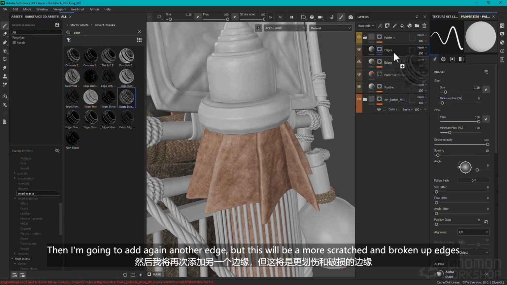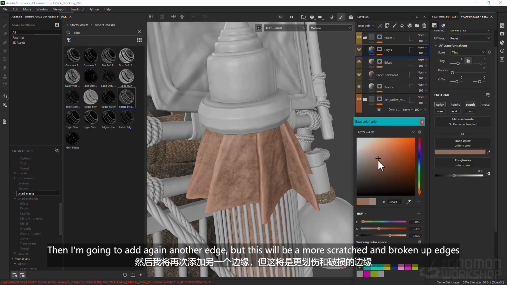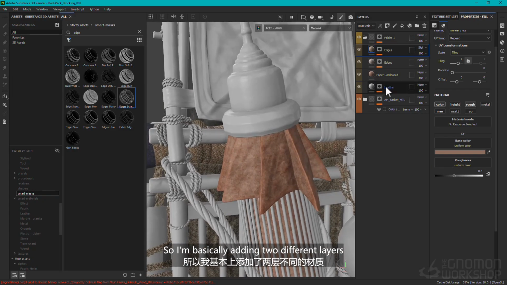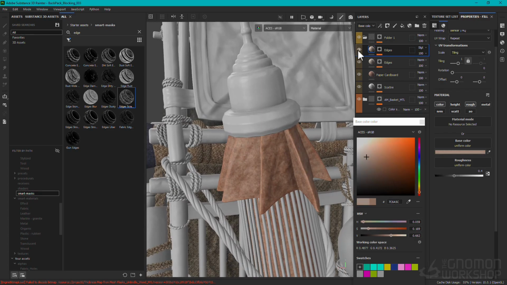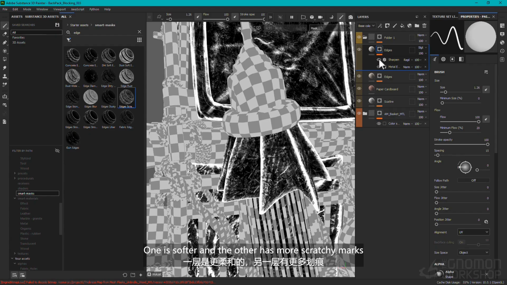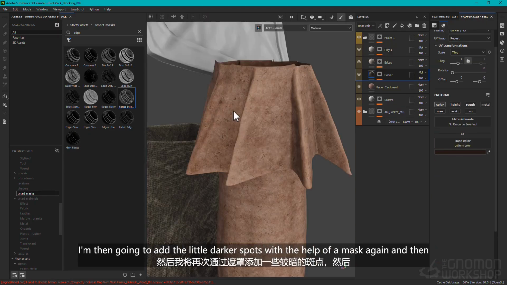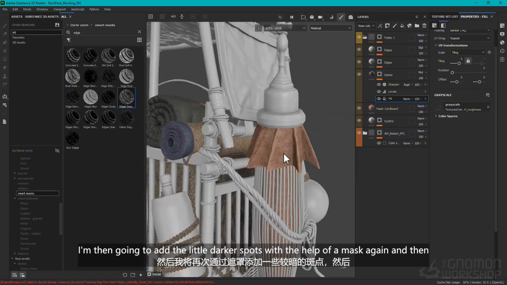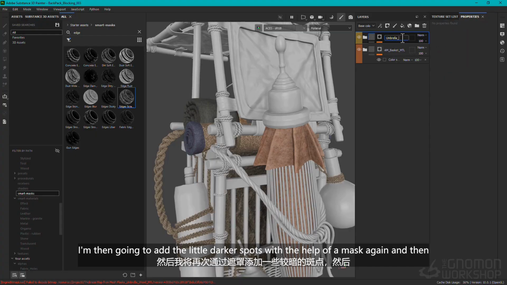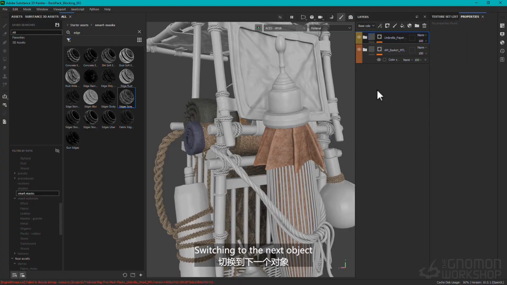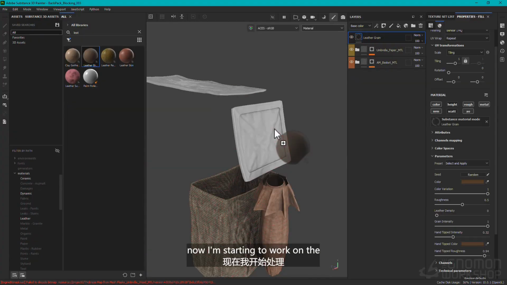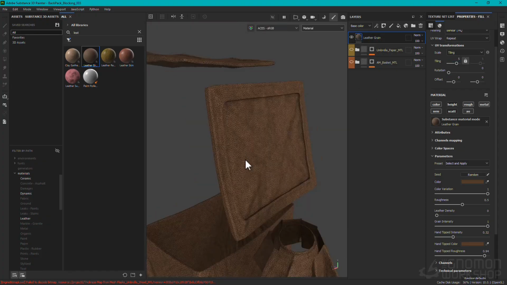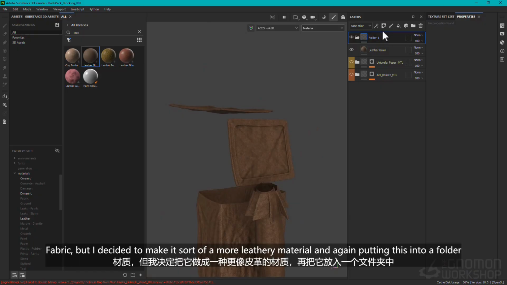Then I'm going to add again another edge, but this will be a more scratched and broken up edge. So I'm basically adding 2 different layers. One is softer and the other has more scratchy marks. I'm then going to add little darker spots with the help of a mask again, and then switching to the next object. Now I'm starting to work on the top part of the fabric, but I decided to make it